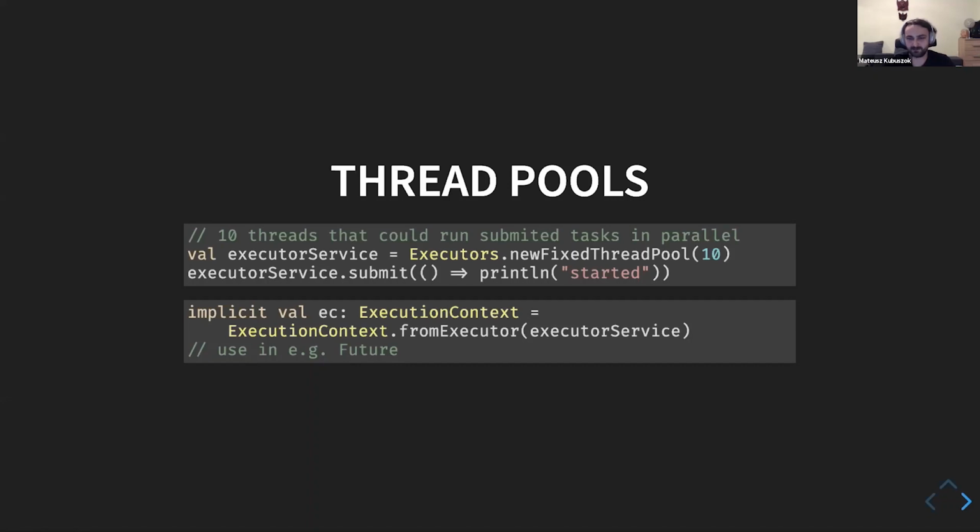Most of the time, we don't have to think about it too much. We need to start thinking about it when we need to define our own execution context because the existing one is, for some reason, not enough. So most of the time, we don't need to care about it, but sometimes we need to tune performance, or we need to understand why something is not happening, even though we pass the execution context and things should be okay. So it's worth knowing that somewhere underneath, there are threads running inside thread pools, and we might be able to take a look at them ourselves.